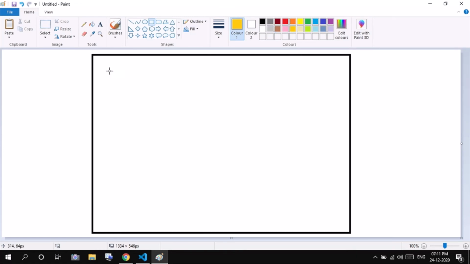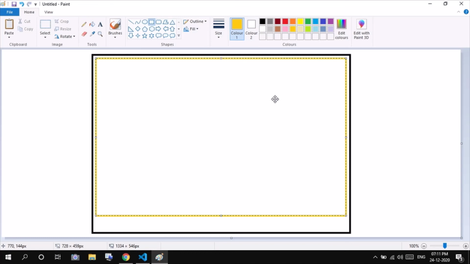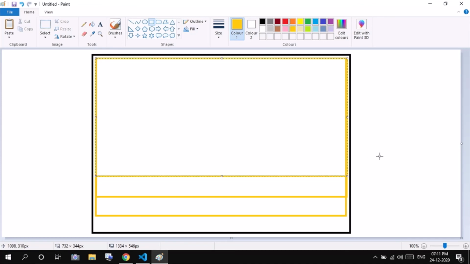So what I mean by that example is, this will be low div, this will be medium height div, and let this be very high div.